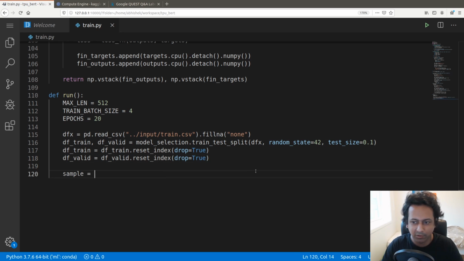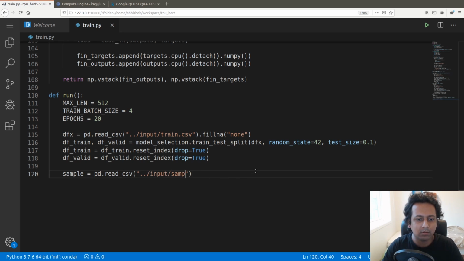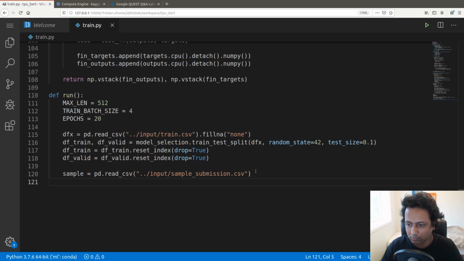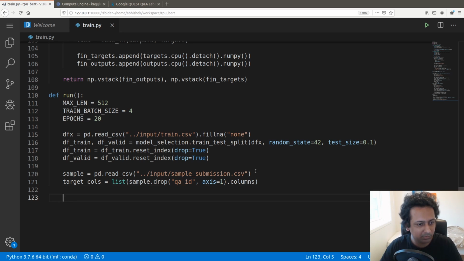Now read the sample submission file, pd.read_csv sample_submission.csv, and my target columns are a list, sample.drop. If I just drop the ID column, qa_id, comma, axis equal to 1, then I'm left with all the target columns,